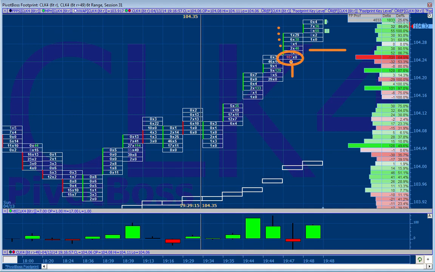So basically, someone came in, they sold heavy. You can see the volume spike that came in, and then price went bid. Anytime an aggressive seller comes in the market and price goes bid after filling that order, that's a stuck seller. And what do they have to do? They have to cover to get out of their trade. So this stuck seller is what influences price to go higher as they liquidate or cover their position.